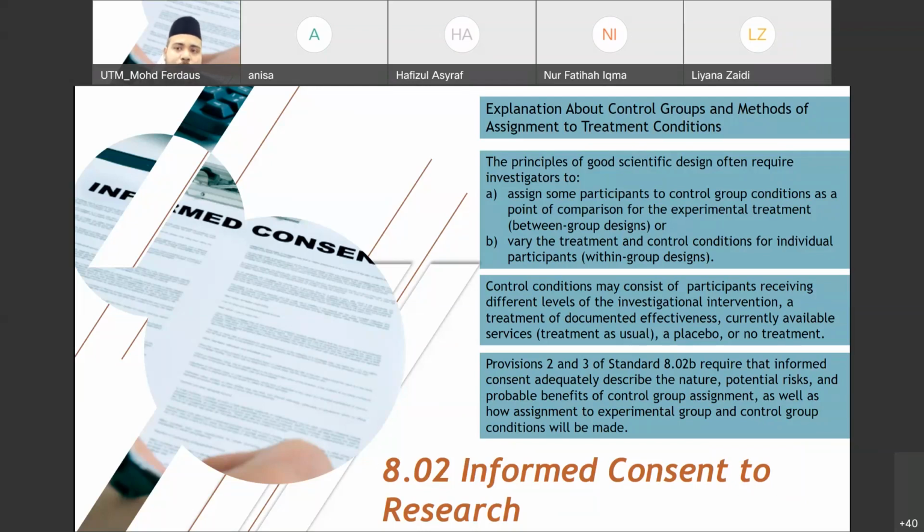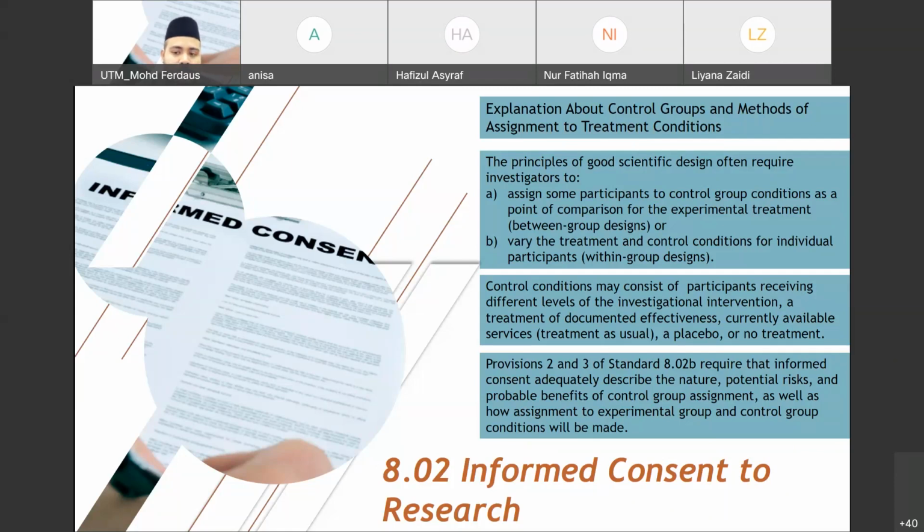Like we discussed before, some participants you will assign to the experimental group. These are the group that will receive a real treatment or real medication. They are basically at an advantage. But we will also assign participants to a control group to make comparison, to have a conclusion that our therapy, our new treatment, our new medication is effective. However, assigning them involves informed consent as well.